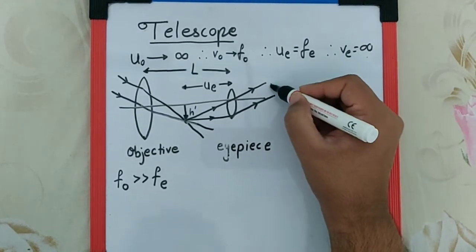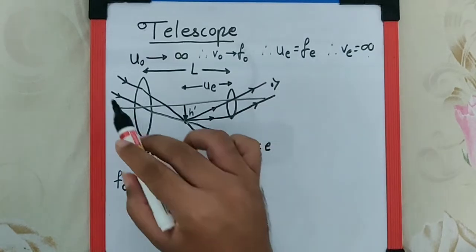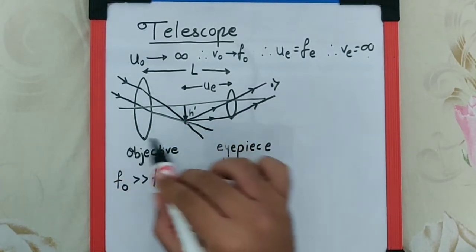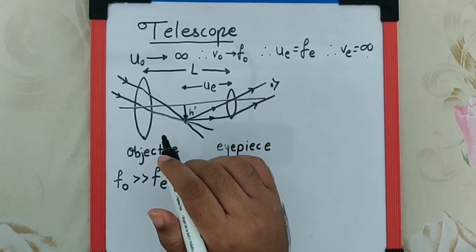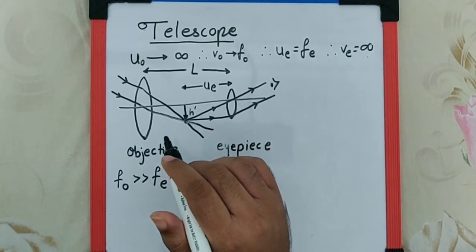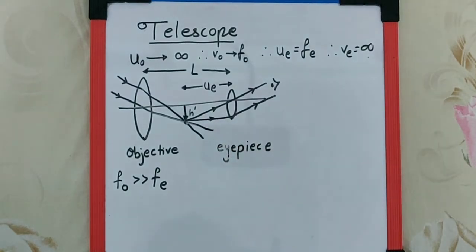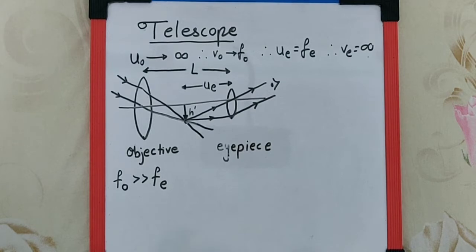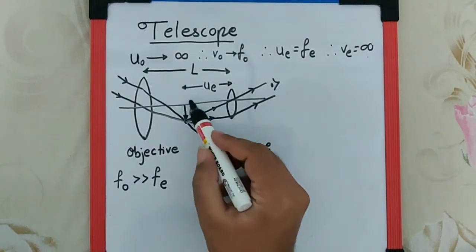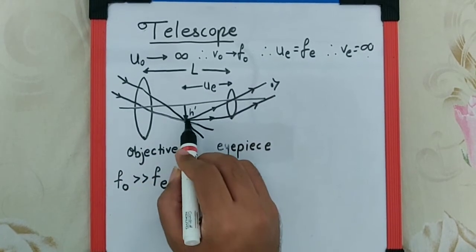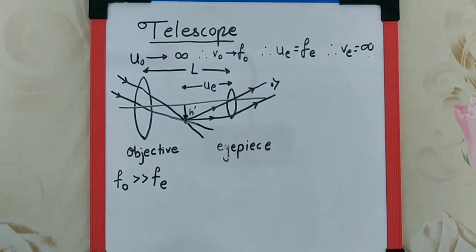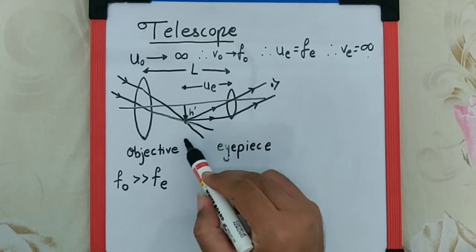Now the reason why we do that is because the object which we want to see through this telescope is much large in size, such that it is definitely visible with the naked eye also, but we want to carefully study that object closely, and so we need to diminish it so that we can fit it in our eyes, which means this image, which is the diminished form of the object, is good enough for us to see and study, and therefore we do not need the second magnification.